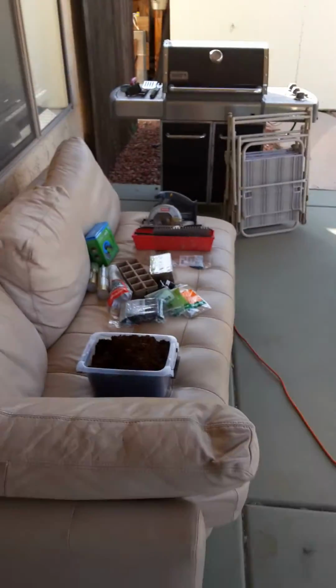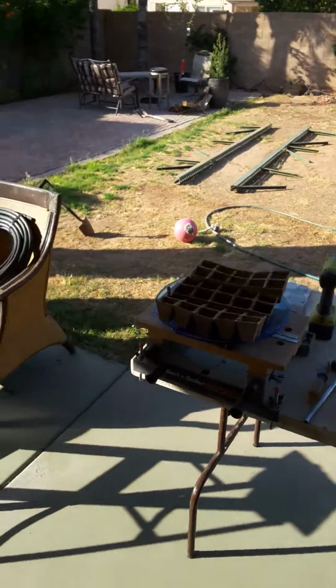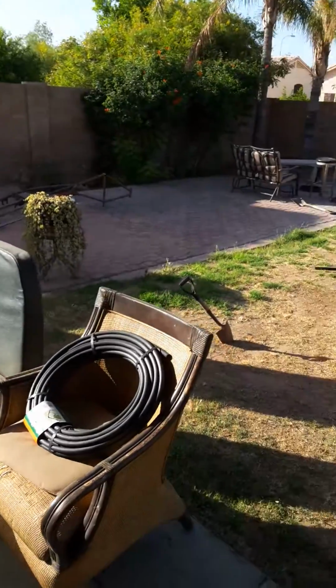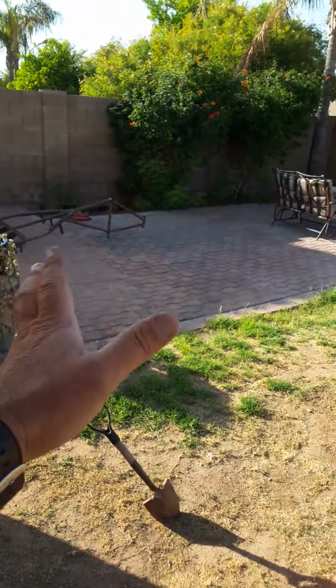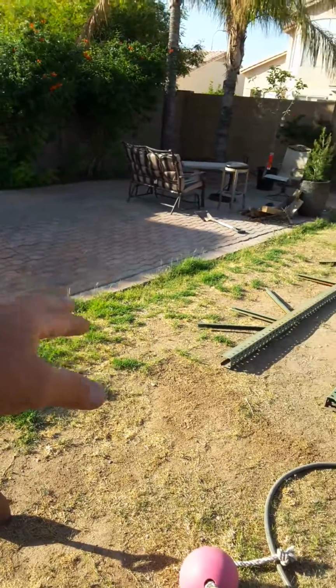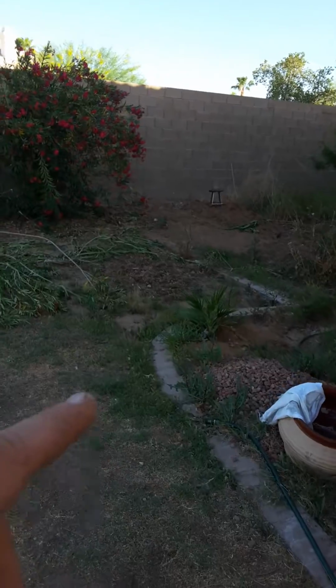This is sort of my patio. It's turned into my workstation. I got another project going on the inside. So anyway, before my renewed interest, I did this. This was here. And then I did this extension of this brick patio. And all that soil and sod went over here, which I've slowly been